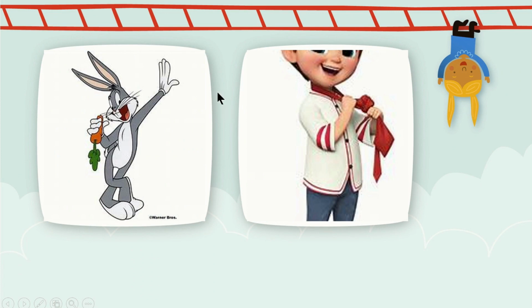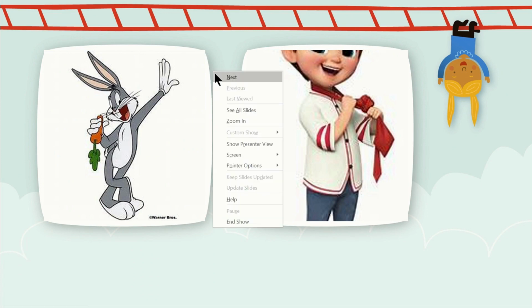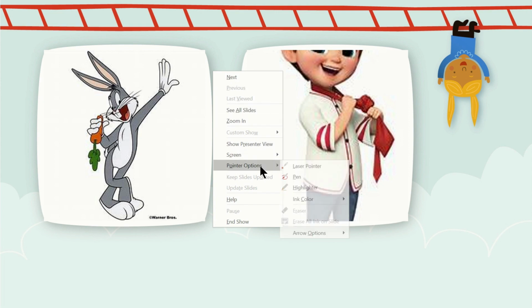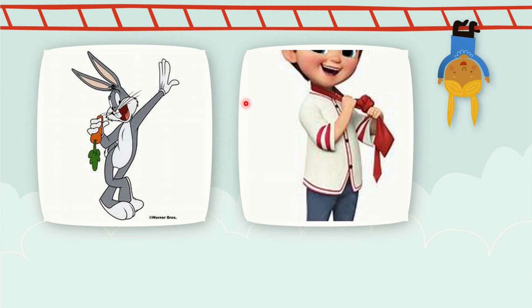If you right click the screen when in slideshow view in PowerPoint, you will see the various command options that you have for navigating the presentation and adding annotations to the slide in a pop-up menu that appears here. Can you see? Here I am selecting the pointer option, and from there first I am selecting laser. Now the arrow will change like this, and you can point to the important points using this laser.